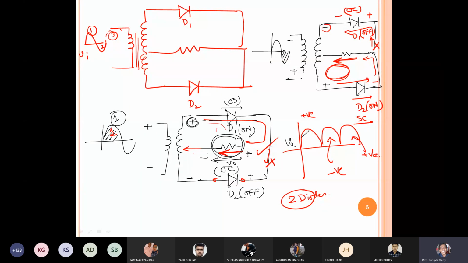So suppose I have drawn this output. We are not talking about the peak voltage. In the negative case, it is my second cycle. In this case, the current is again flowing in this direction, so the direction through the resistance is the same. So I again get a positive voltage. So in the negative case, I again got the positive output V naught. This will come again for the third half, that means for this kind of positive input cycle. In this way you get the output cycle by cycle.